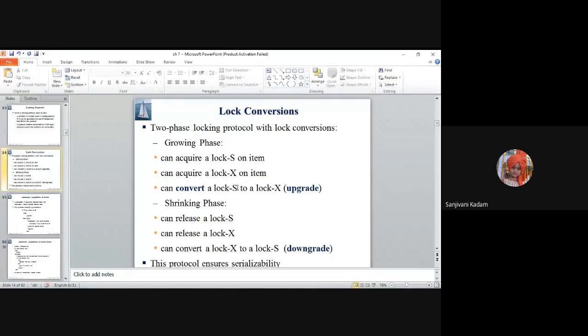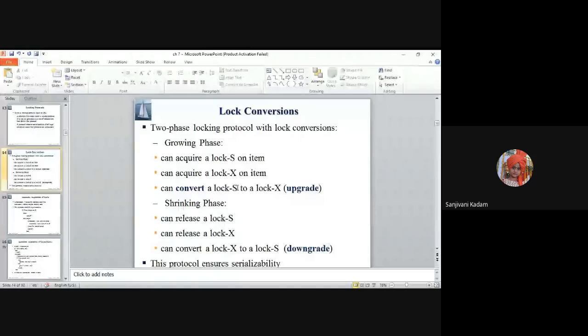Next is the shrinking phase. In the shrinking phase, we are releasing the locks or unlocking the data items. Whatever locks are already held, shared or exclusive, we can release. And if there is already an exclusive lock on a data item, and later we are willing to perform a read operation on that data item, then we can downgrade the lock from exclusive to the shared mode.